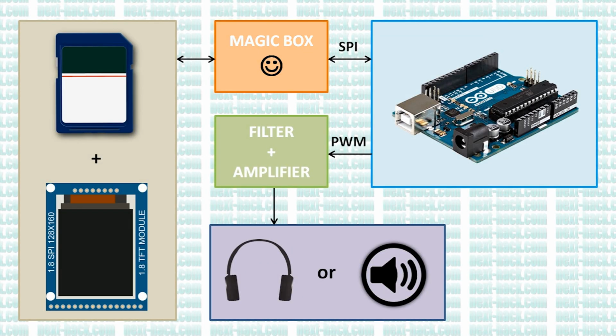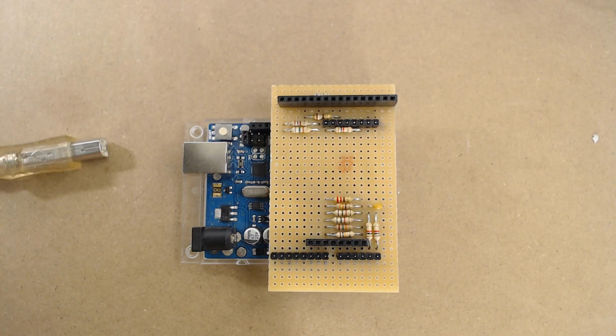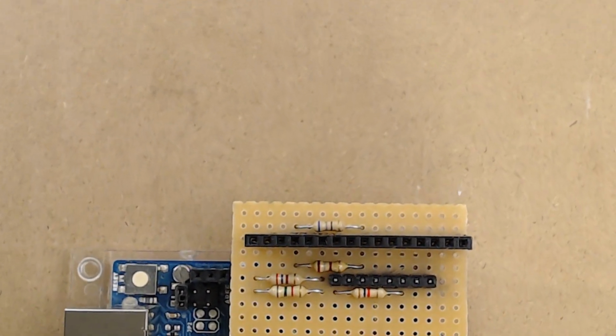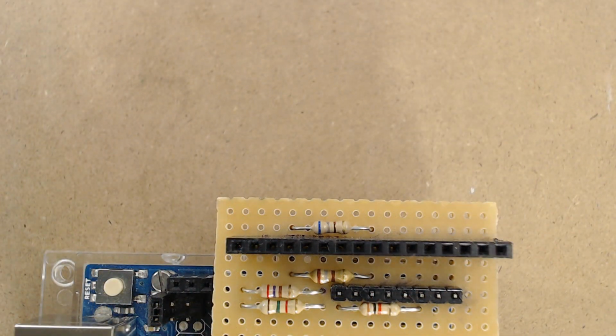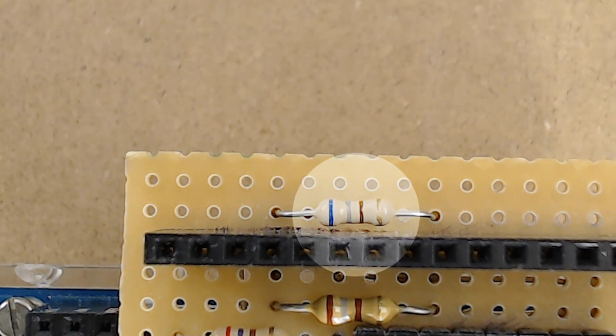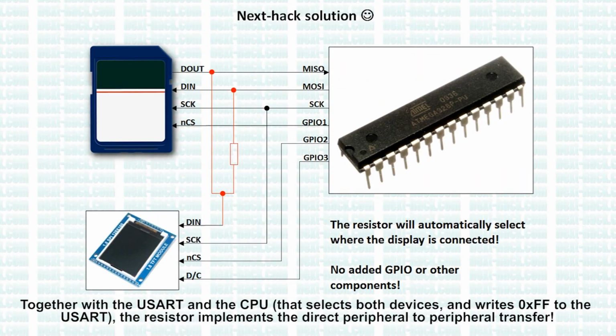That's all for today. No, wait, where is the magic box? We promised we would show what's inside, but there is no magic box. Well, if you look closer, actually there is a magic box. The 680 ohm resistor is the magic box. It acts like a DMA controller, allowing the data to go to the right place. Now really, that's all for today.